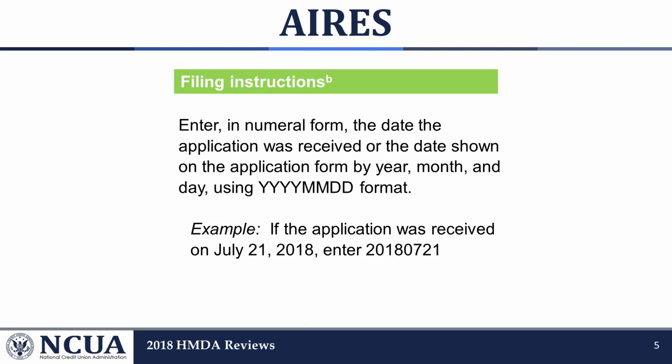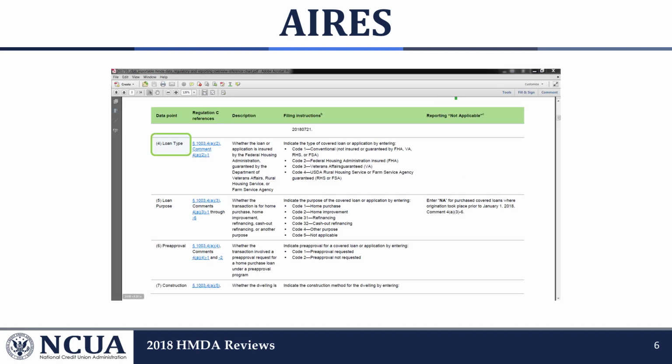The application date should be in the year, month, day format. Number 4, loan type, describes whether the application is for a conventional loan or if the loan will be insured by the FHA or guaranteed by the VA or USDA. Number 5, loan purpose, indicates whether the loan is for home purchase, home improvement, refinancing, cash out refinancing, or for